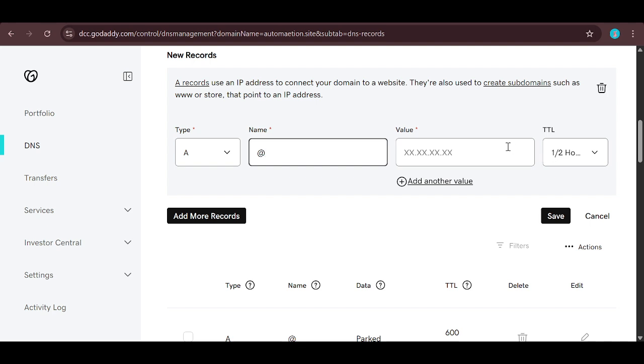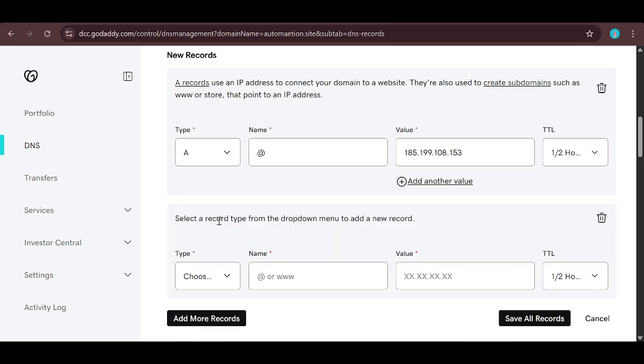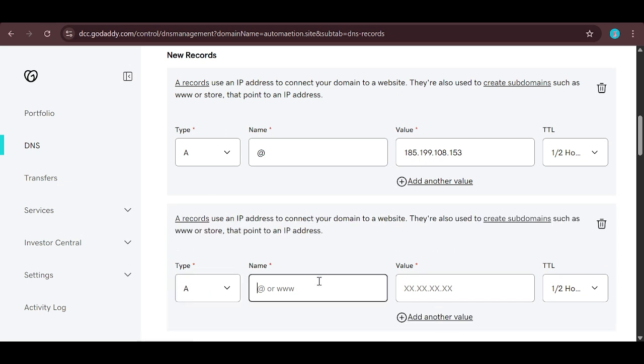For the first A record in the value or points to field, enter 185.199.108.153. Double check the number to avoid typos, then save that record. Repeat this process 3 more times. Click Add again, choose type A, set the name to @, leave the TTL at its default, and then enter the second IP address